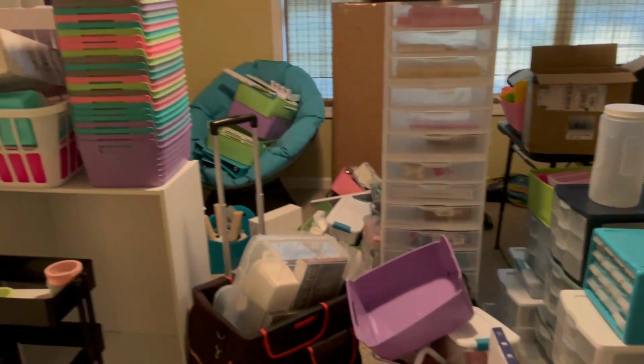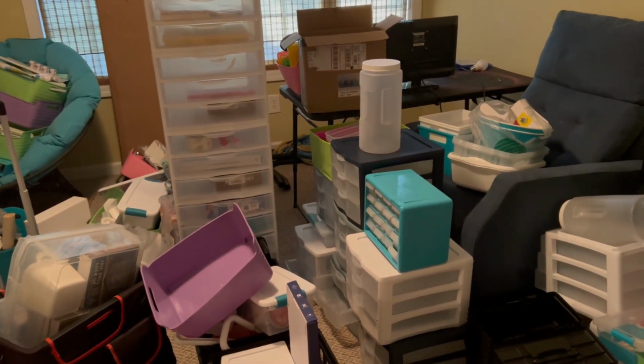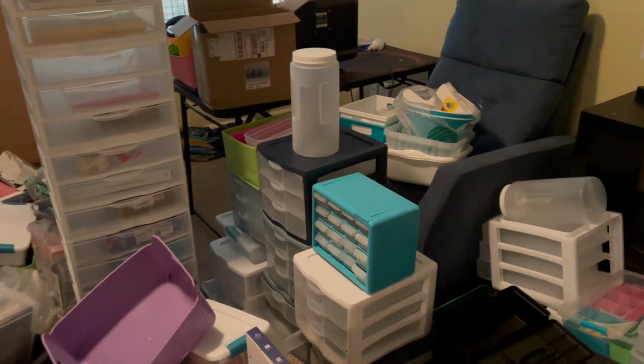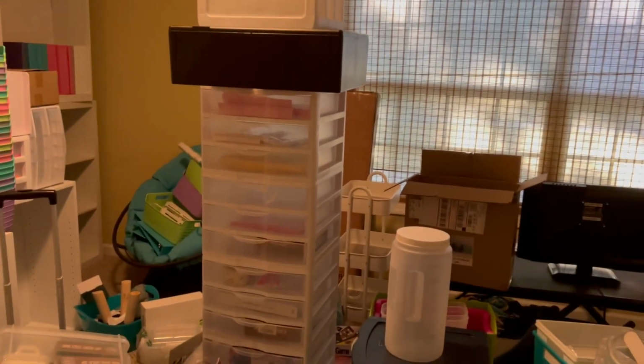All this stuff came from my classroom. I've got to figure out how to incorporate it into this basement, and anything that I don't end up using when I get all said and done, I will either sell on Facebook Marketplace or donate to a new teacher at my old school or whatever. So this doesn't look any better, but this has changed somewhat. And then this is what I've actually done